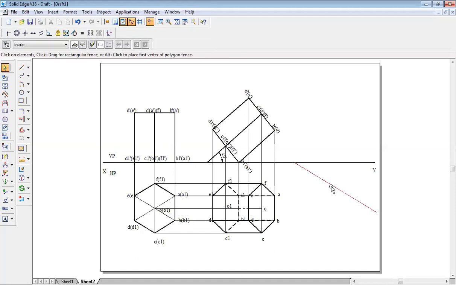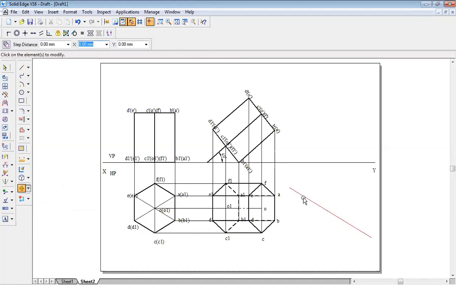Here, if you're feeling this is very close to the XY line and difficult to manage, you can move it. Go to the move command, switch off the copy option. This line is to be moved down. Anyway, by default, it will be 30 degrees itself. No need to worry. So see, click on this line. If you extend this line back to the XY line, by default over there it will be 30 degrees itself. The angle between, see, even though I have moved, this will be 30 degrees itself. Correct? So like that.